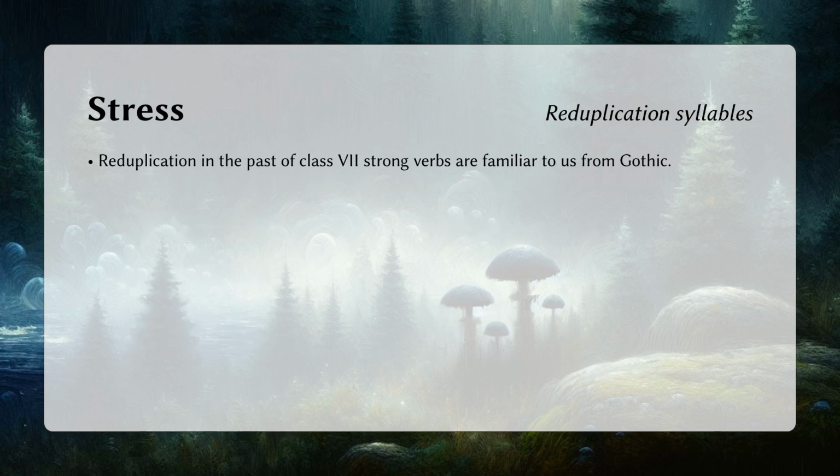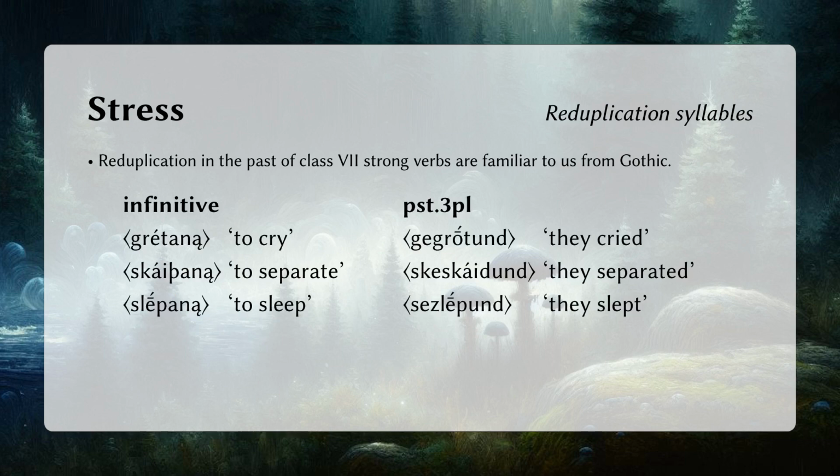Reduplication is something we encounter when we study Gothic, and only traces of it can be gleaned from the other old Germanic languages. We can bring back our old examples gretana, to cry, skaithana, to separate, and to those we add slepana, to sleep, just to show a case with Werner's law doing its thing when voicing an onset. It's the difference in the onset of the stem initial syllable in the last of our examples here,